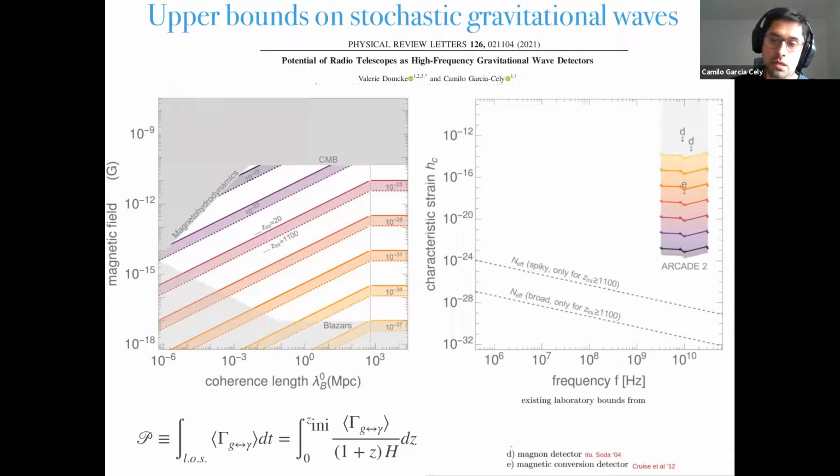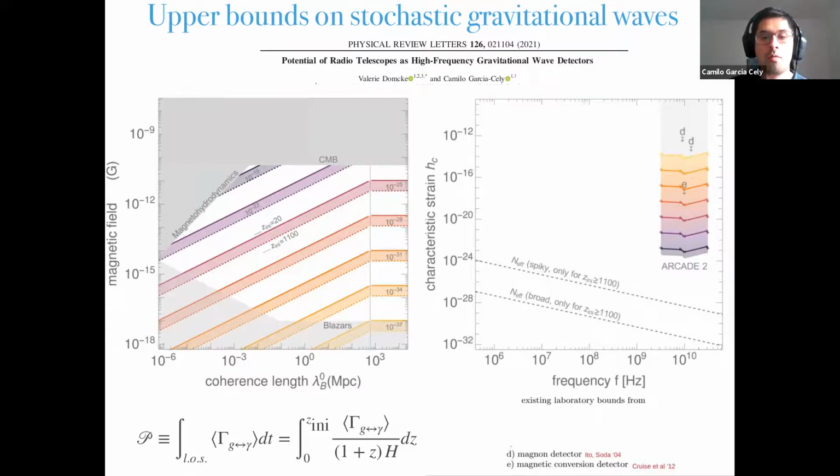So, okay, let me explain a bit what's going on. On the left, as I explained at the beginning, I'm showing the conversion probability as a function of what we know about the cosmic magnetic fields. And these colors correspond to some point in that plane. So now if I go to the right, since we don't know exactly what the magnetic field is, I just have to associate to each color one constraint. So this is the problem with astrophysical constraints, right? We unfortunately have uncertainties that are very large. So, okay, and then if we use this ARCADE measurement, we can put this bound.